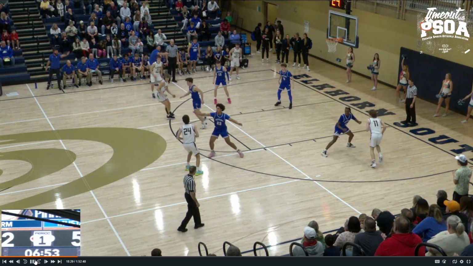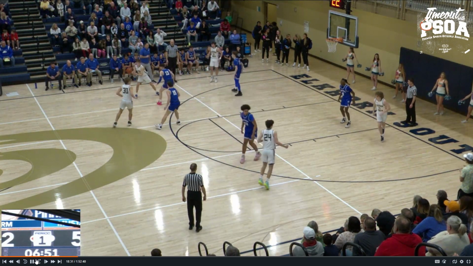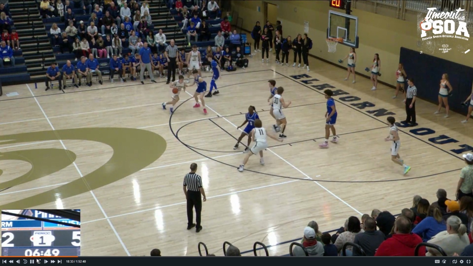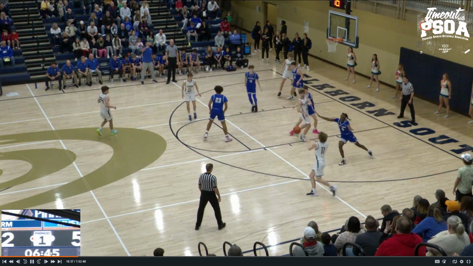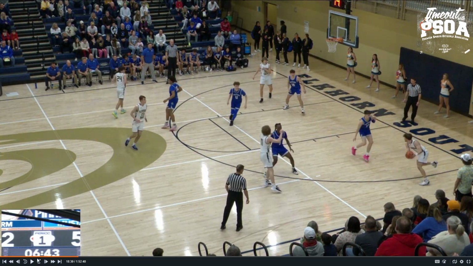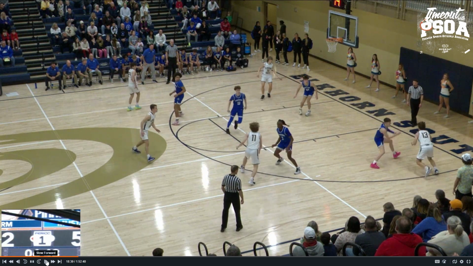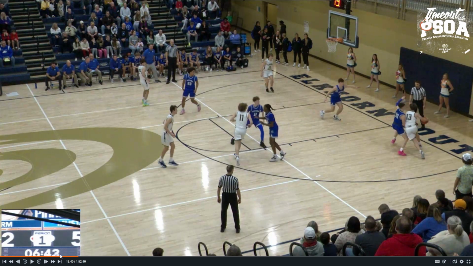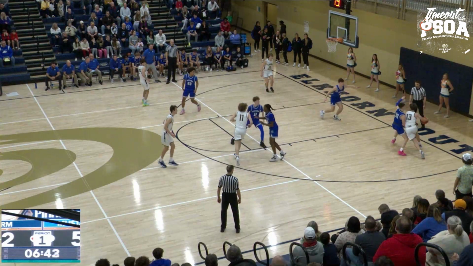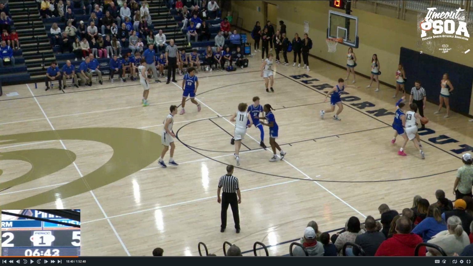All right, so here comes the first one. Good job showing the hands. All right, we're going to have a drive baseline. We have legal guarding position. We have an arm bar, but the arm bar is not extended. So this is legal. For it to be illegal, it would have to be an extended arm bar.